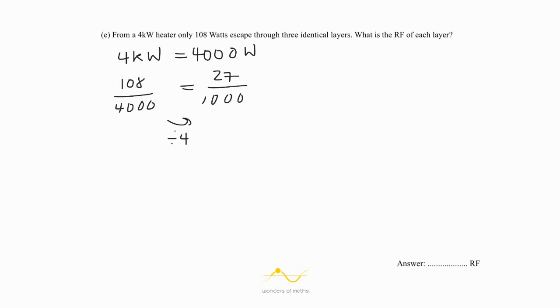Now let's go back to the question and look at the phrase 3 identical layers. This piece of information is a lot more telling than you might think. 3 identical layers means that we're doing the same percentage 3 times, which means that we're multiplying our numbers by the same fraction 3 times. To reverse this process and to get our original fraction, we can do the cube root of 27 over 1,000. The cube root of 27 is 3, and the cube root of 1,000